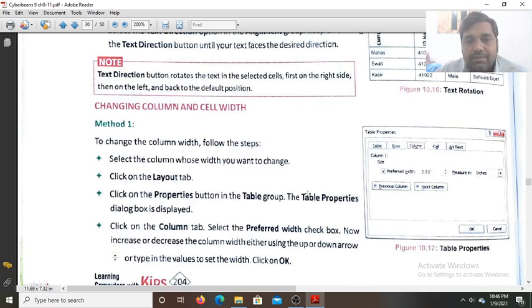Click on the column tab, select the preferred width checkbox. In this width you can give the width size of the cell. Now increase or decrease the column width using the up or down arrows. And after that you have to click on the OK button.